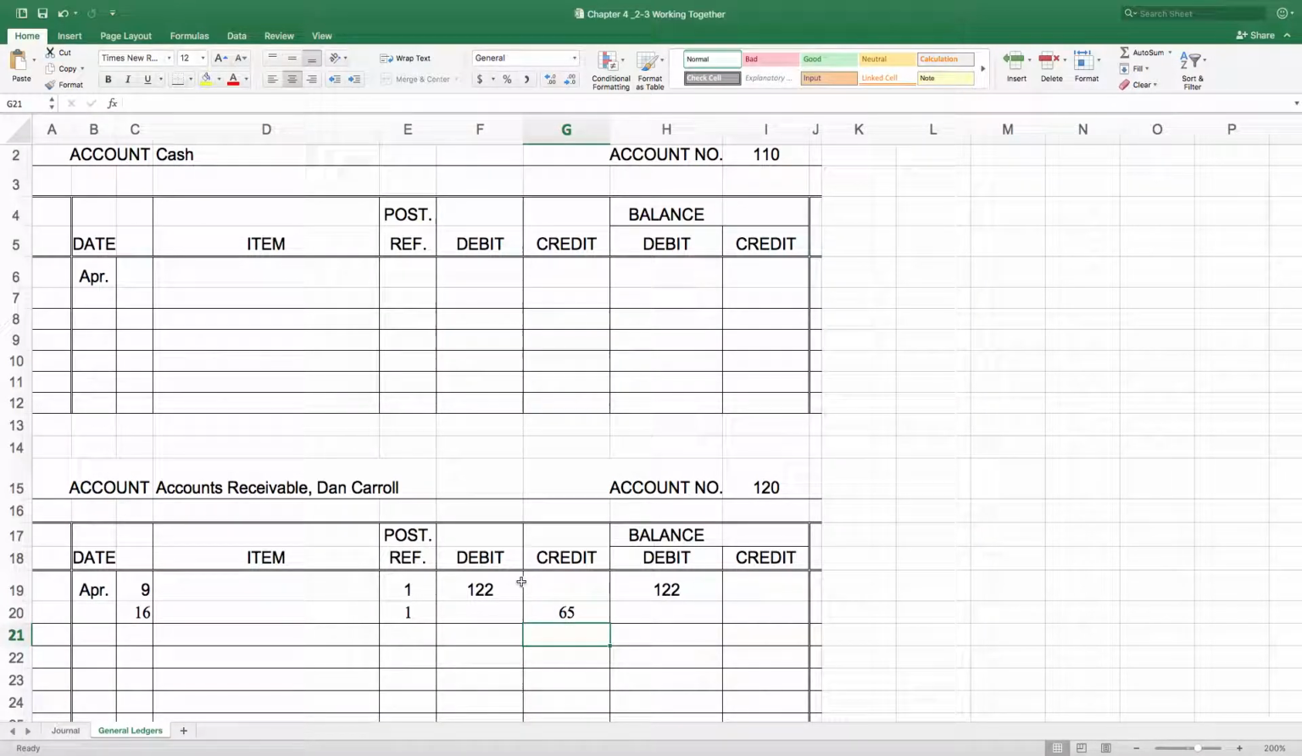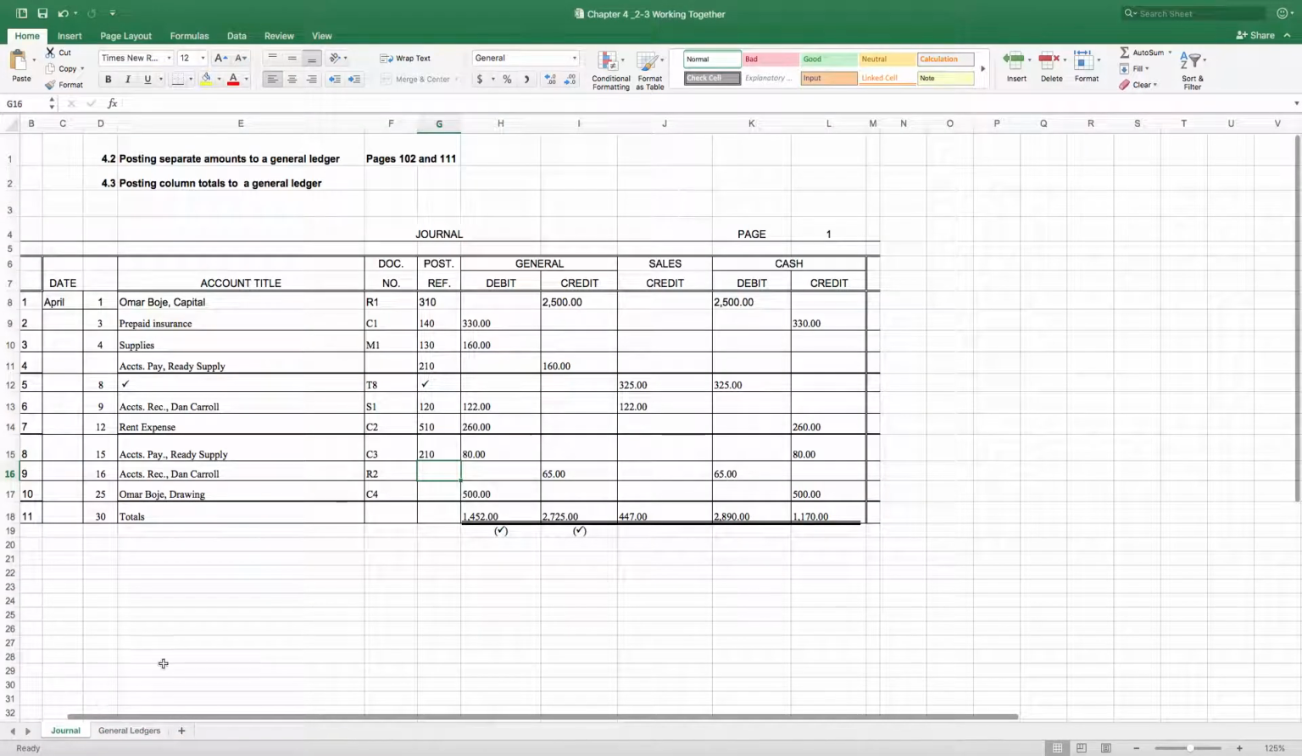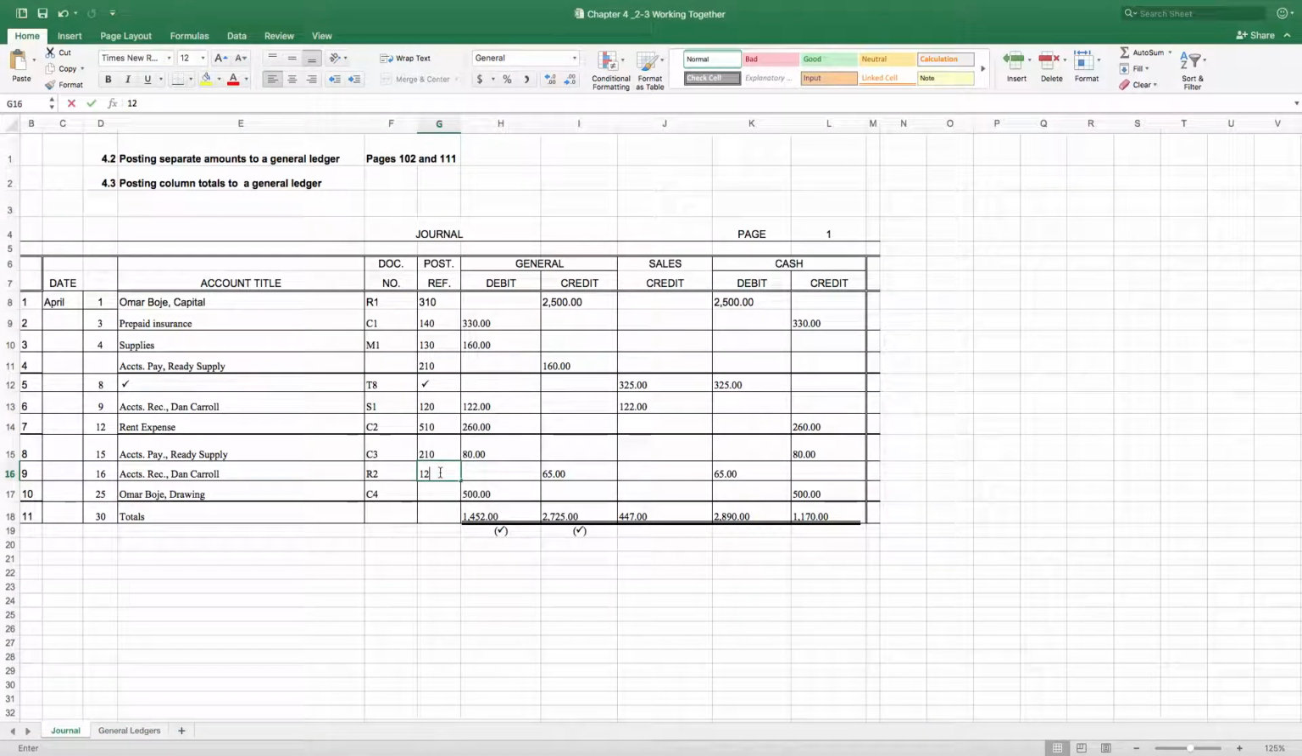So here we have a previous debit balance and a credit entry. So we have to say 122 minus 65. We put it on the side with the larger number. Since the debit is the larger number, your balance is going to be $57. 122 minus 65 is 57. So we'll take the 120 account number, place it in the posting reference section of your journal for that specific